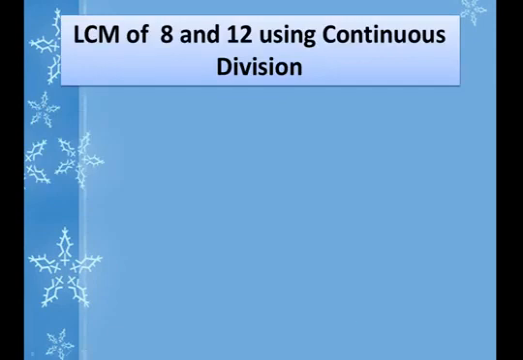Example, let's find the LCM of 8 and 12 using continuous division. Write the numbers 8 and 12 and divide them by a common number, and that is 2. 8 divided by 2 is 4, and 12 divided by 2 is 6. So write 4 and 6 below the numbers 8 and 12. And then draw